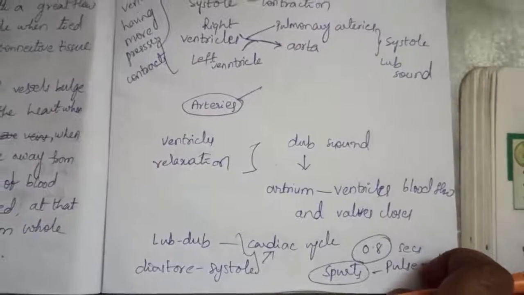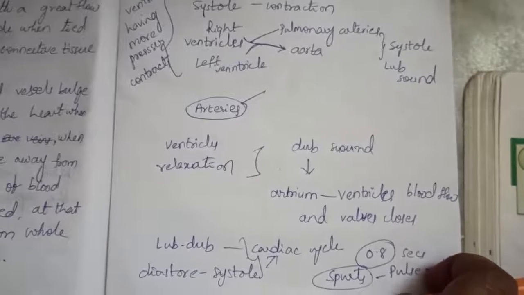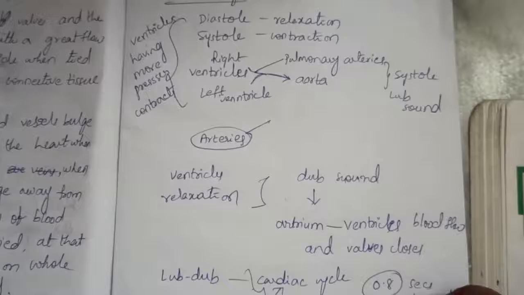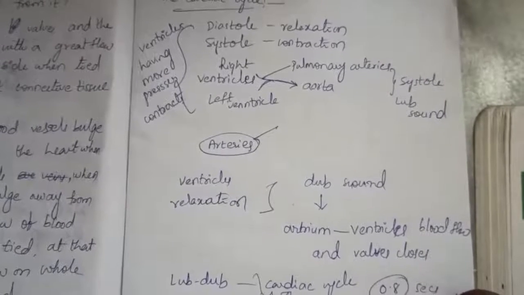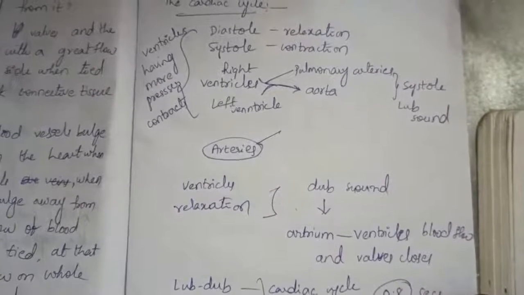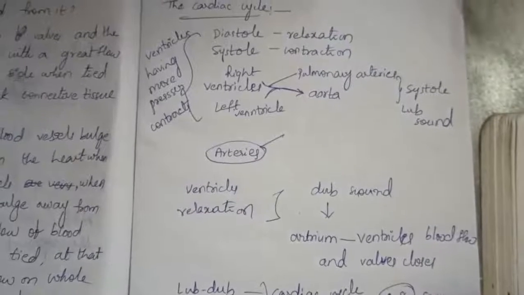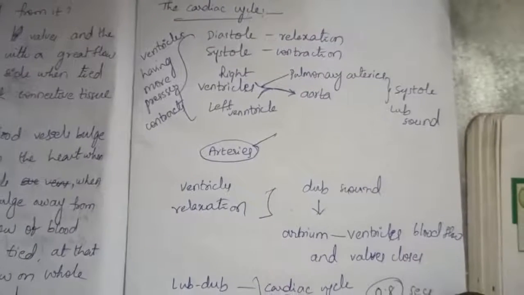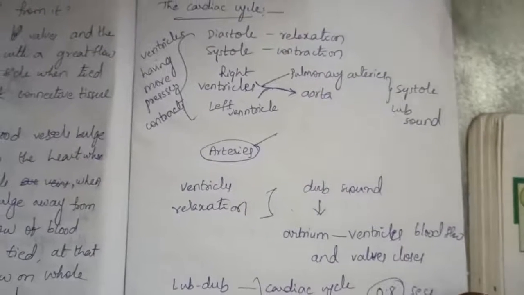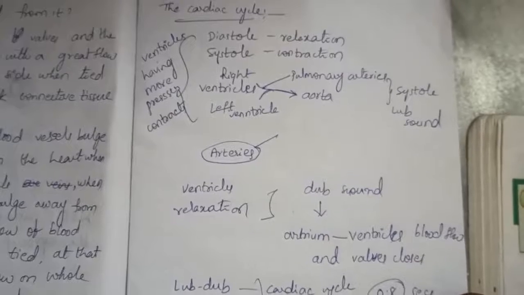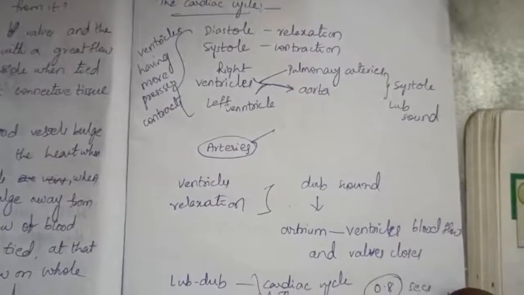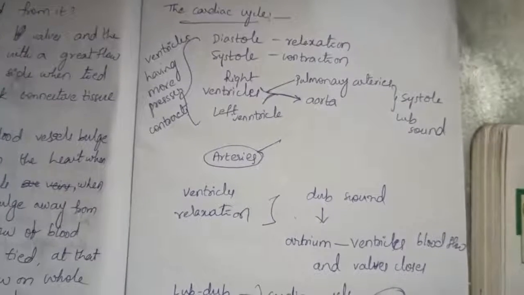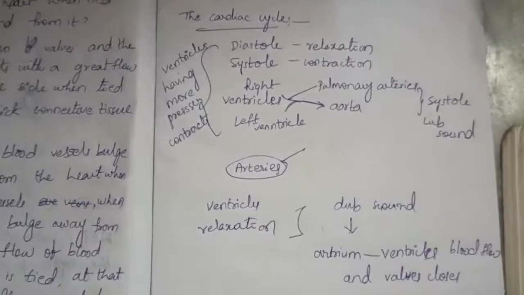That takes 0.8 seconds. Within 0.8 seconds we can observe the systole stage, then diastole, then systole again, like that repeated events happening. So the cardiac cycle completes within 0.8 seconds. Systole, then diastole relaxation, then it starts again, and we get the lub dub sounds repeatedly. Diastole to systole, and in the systole stage the lub dub sound comes. That is called a cardiac cycle, and it happens within 0.8 seconds.